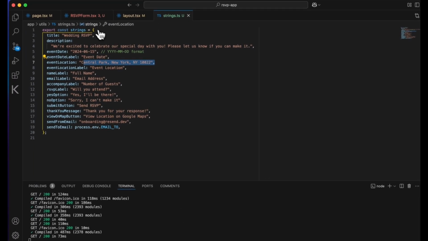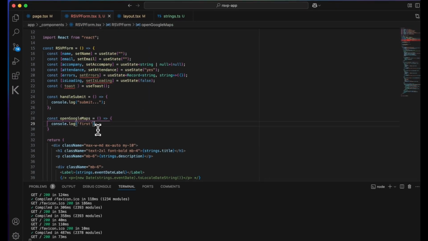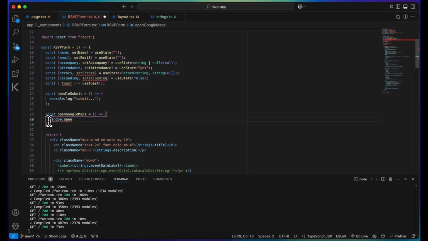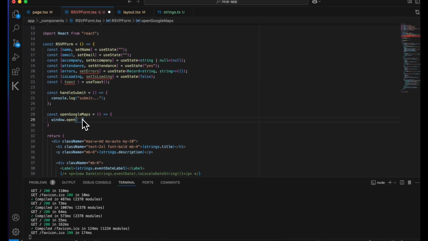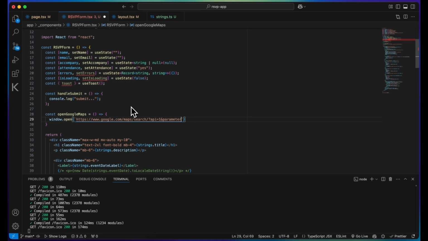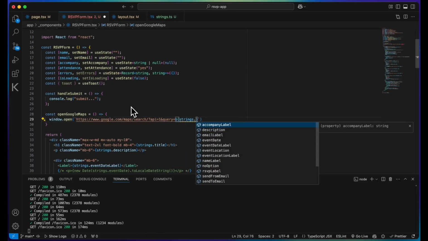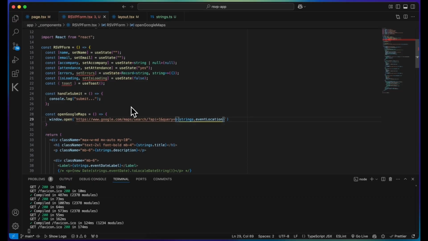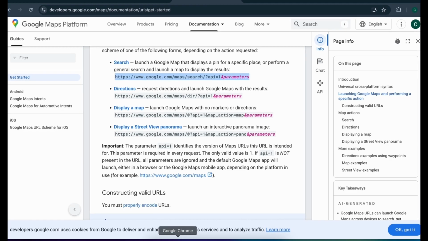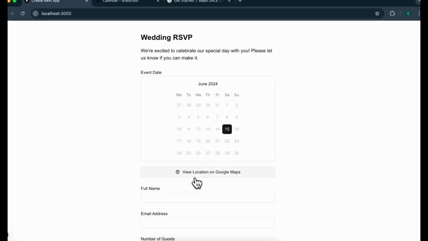Let's go to our Visual Studio Code, and here we can write window.open. And let's paste this here. Now, instead of parameters here, we are going to add a query string because we are searching a query, right? And then in a variable, let's add strings dot event location. And let's see what we got now. If I press here,